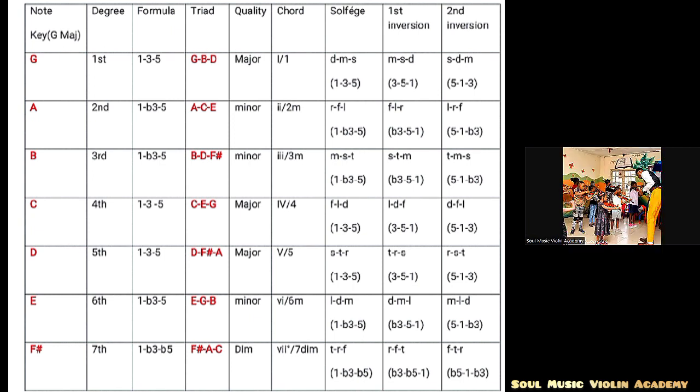Now, inversion is when you rearrange the positions of the first. Mi so do is also chord 1. It's not chord 3. You can see that chord 3 is mi so ti. Mi so do is still chord 1 because you have the chord tones of chord 1, but it was arranged